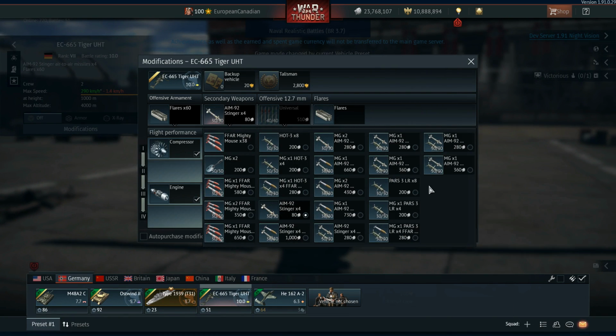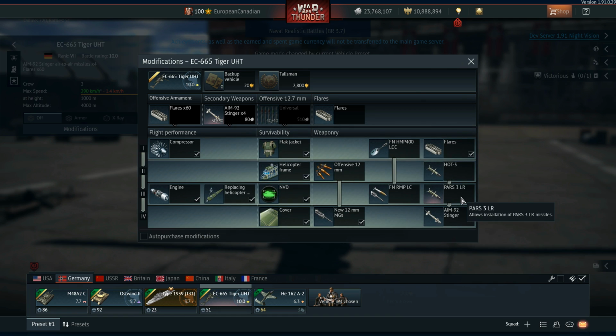Then on top of that, you have weapons such as the PARS-3LR, which are fire and forget missiles, which are used for attacking ground units. Now, in game right now, they do not have the ability to fire and forget. In real life, you can actually select up to 4 targets at once and then just fire the missiles, and they'll all just end up in their destinations. I hope you can understand why in War Thunder this might be a little bit of a broken concept. So therefore, they've decided to leave that out, and instead they just have the kind of laser designation idea, which